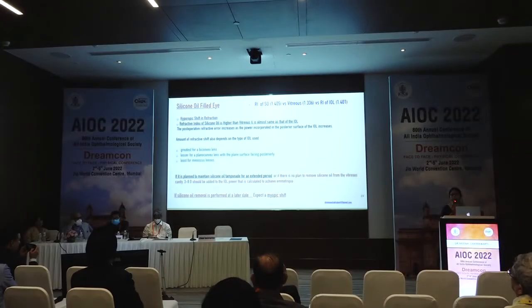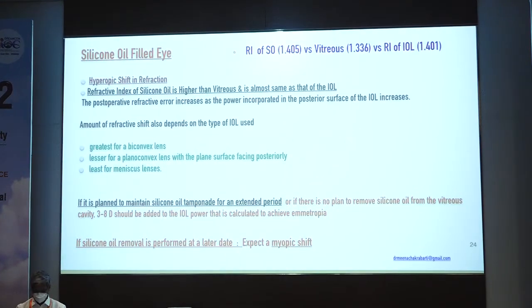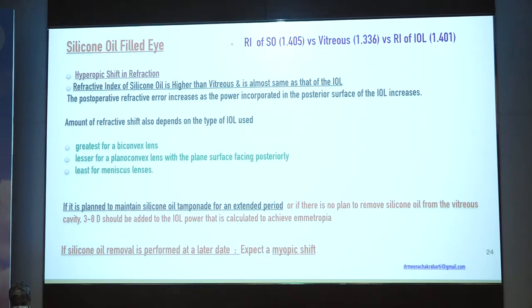Now that you have calculated the axial length in patients who have silicone oil in the eye, there is the decision of whether to remove the silicone oil or retain it in the eye. If you have a compromised posterior segment, most of us retain the silicone oil in the eye, which is bad both for the surgeon as well as for the patient. And in these cases, you have to bear in mind that the refractive index of silicone oil is different from that of the vitreous and almost similar to that of the intraocular lens that you implant in the eye. So when the back of the lens comes in contact with the silicone oil, that acts as a single unit and it neutralizes the power available at the back of the lens.